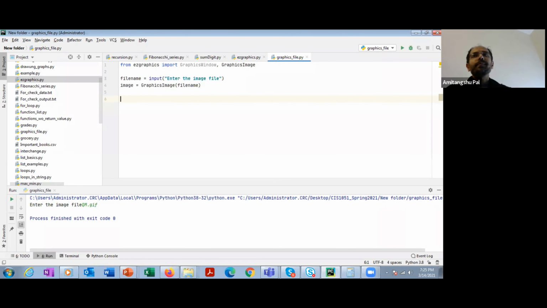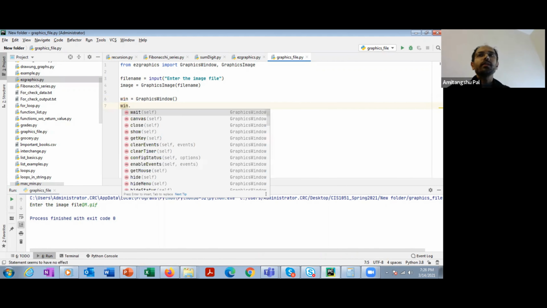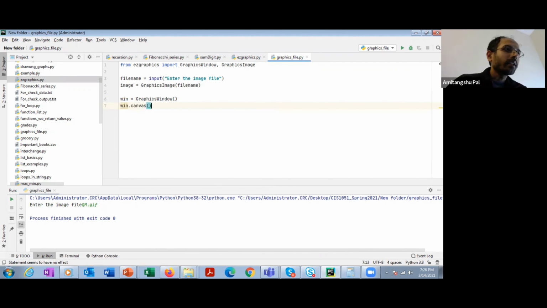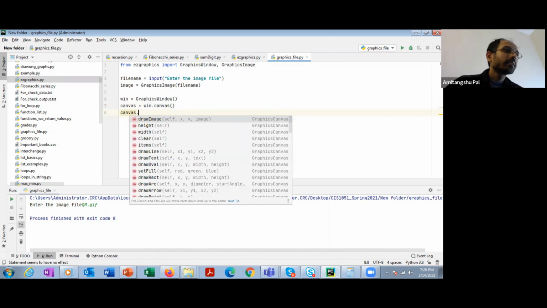And then I'm going to open a canvas. So let's use this graphics window function, and let's open a canvas. Canvas equal to win.canvas, and then in the canvas let's use the draw image function.